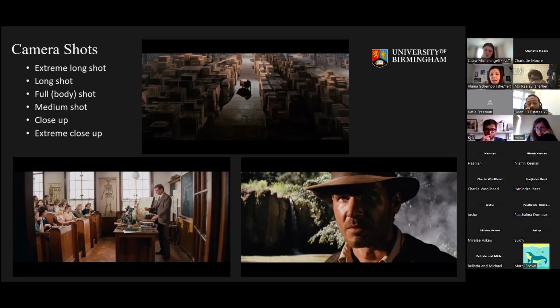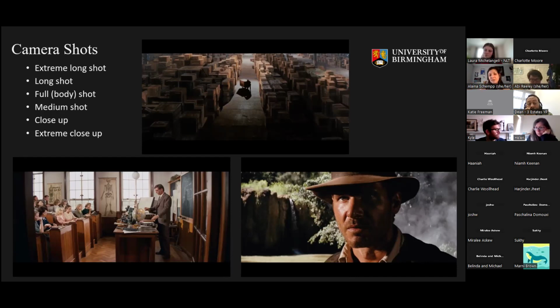And then on top of that, you've got an example of an extreme long shot. So when you're instructing people on what kinds of shots are available to them, it can often really help to have examples from popular movies and television that they've seen, so they can immediately make connections, right? I mean, many of you have probably seen this film and you know exactly what that shot is at the top. That's when the Ark of the Covenant is being stored in that giant storage house, and we kind of pull back and there's this extreme long shot of the box being put away amongst all the other boxes.